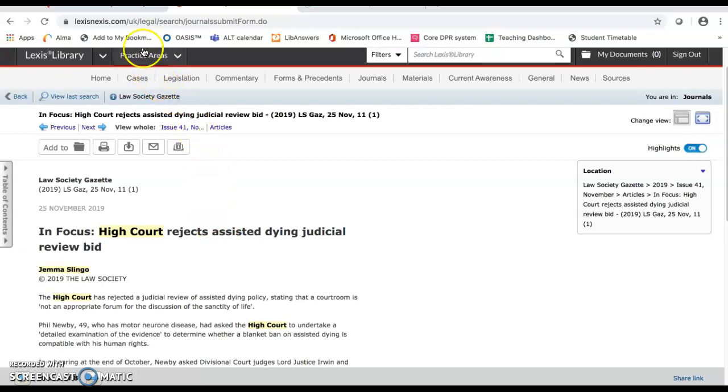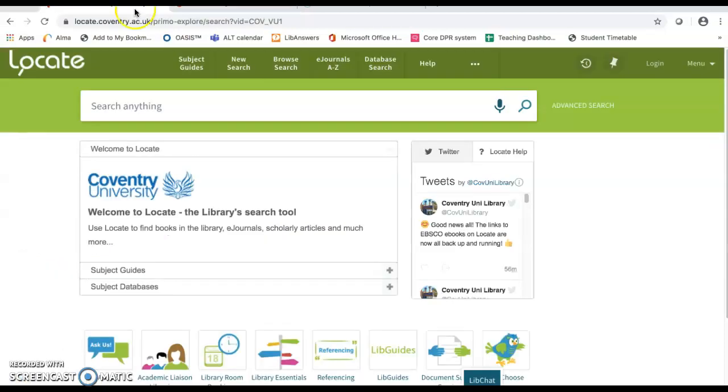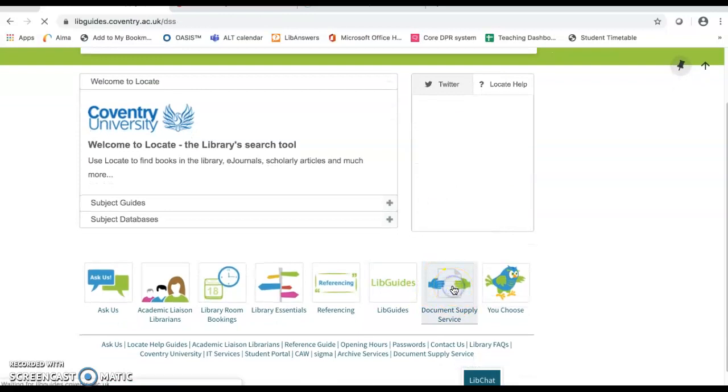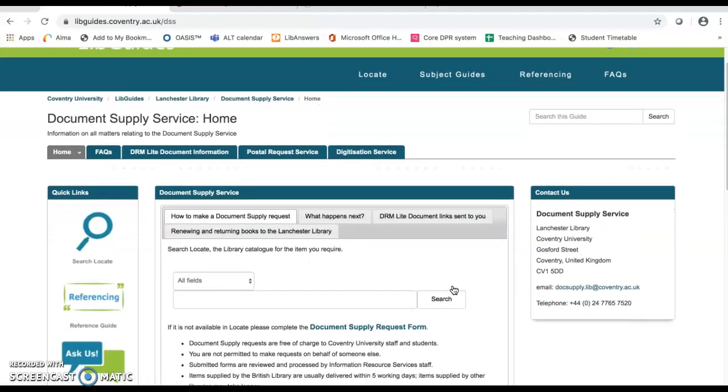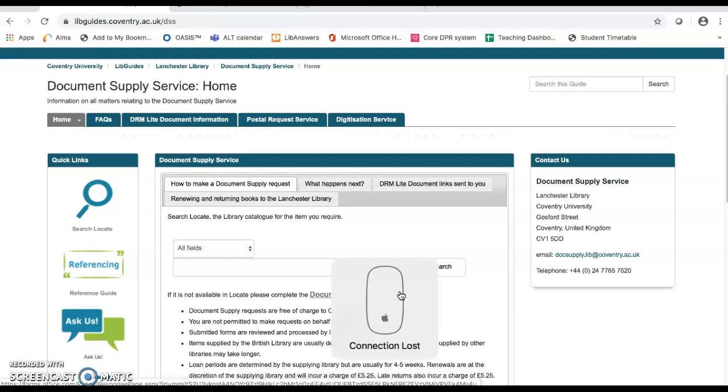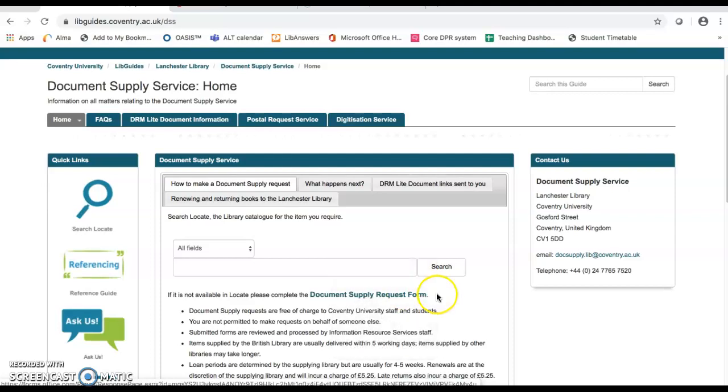The way to order an article in if we don't have a subscription to that journal is to go to Locate and go to the Document Supply Service at the bottom of the screen. And from there, you can fill out a document supply request form. Just fill out the full details of the journal article in the journal, and that should be with you within 3 working days.